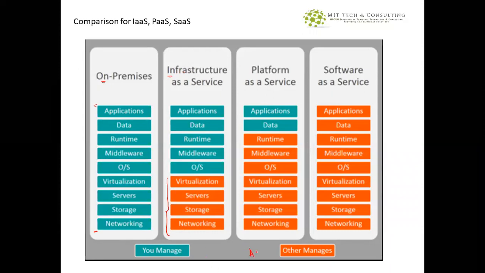So here you can take it as AWS. And once the virtual machine is given to you, from the operating system till applications, the customer has to manage it. So if you are aware of the hardware components and all, yes, you can go for infrastructure as a service. Then you can manage from the operating system till applications.